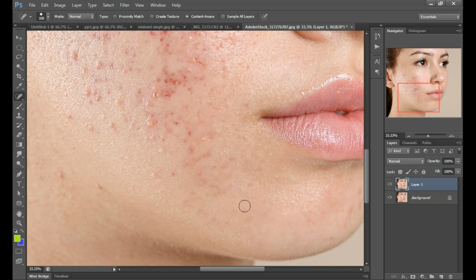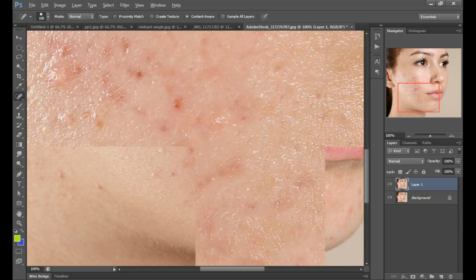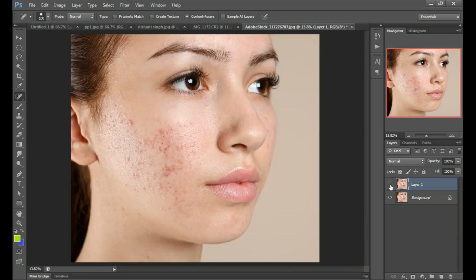Nishant, if we increase the size of the spot tool, I think it would take more area, right? Yeah, you can see the difference now. Are you able to see the difference? Yes. Okay. So first we will remove large spots, and then we have only basic spots over there. So we will replace the skin. Actually, we have so many other options for that also, but it will take time.